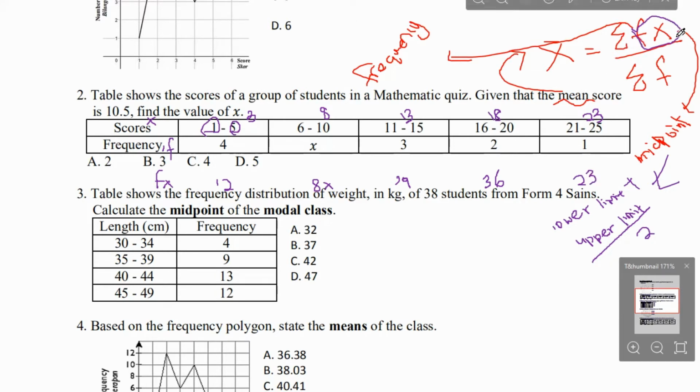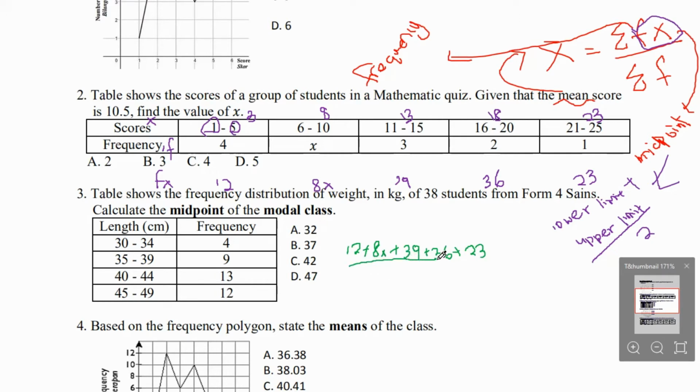So summation of fx, that means we add up all the fx here. So we will have 12 plus 8x plus 39 plus 36 plus 23